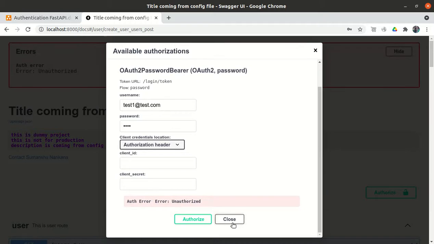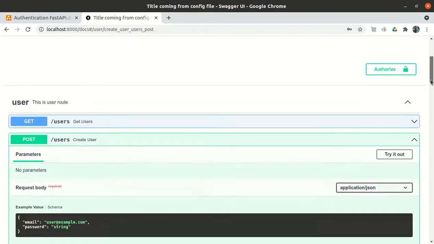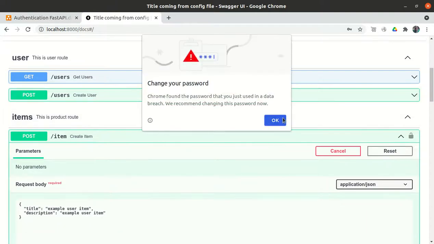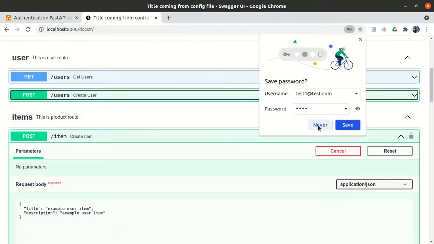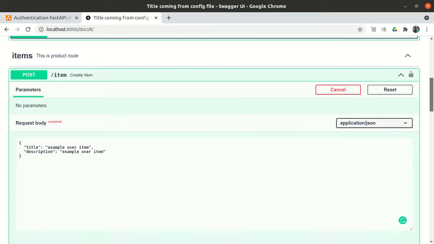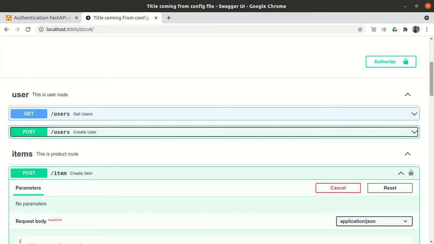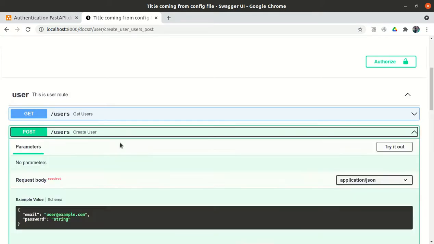No, let me create a new user instead. We are in the item tab. Sorry, we have to create a new user.